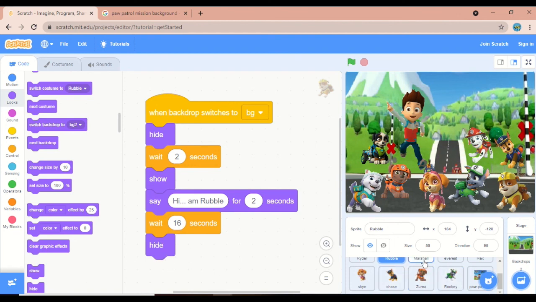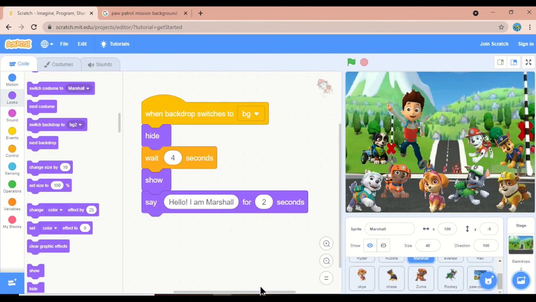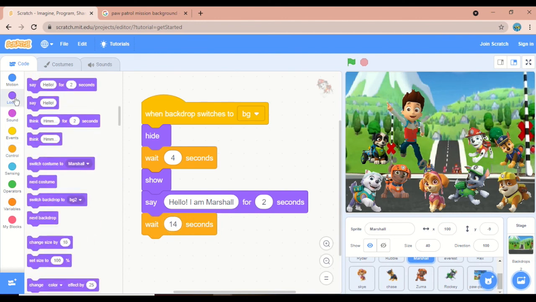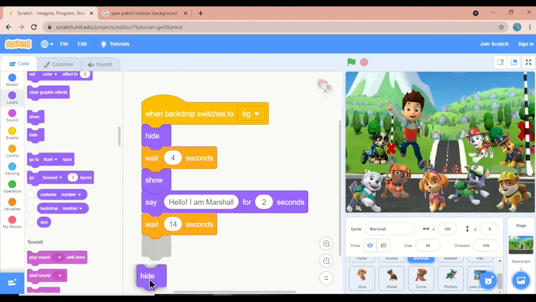Then Marshall. Marshall will wait for 2, 4, 6, 8, 10, 12 seconds. You will go to control and Marshall will wait for everyone to finish. Before, for Rubble we gave 16, right? So for Marshall we will give 14. He will wait for 14 seconds for everyone. After that, he will also hide.